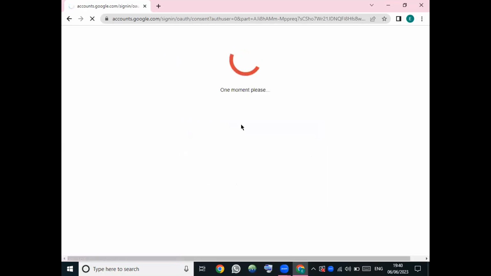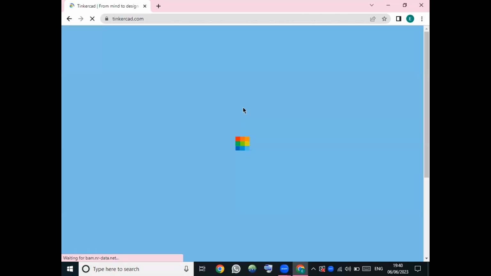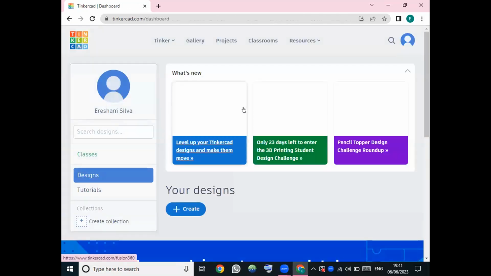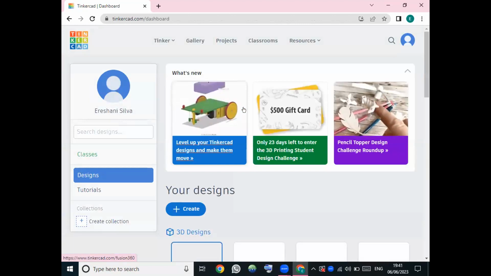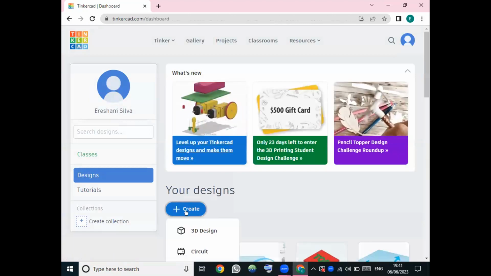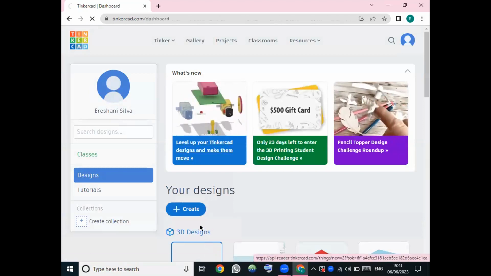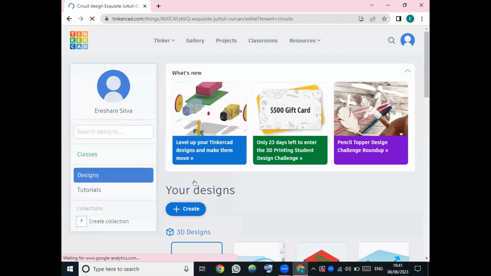That's it, a very simple set of steps. Now you can see the Tinkercad screen. Click on the create button, your designs under that, and select circuit. That's it. Okay, you are getting the surface now.